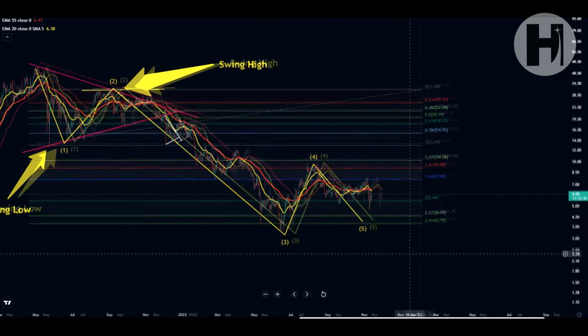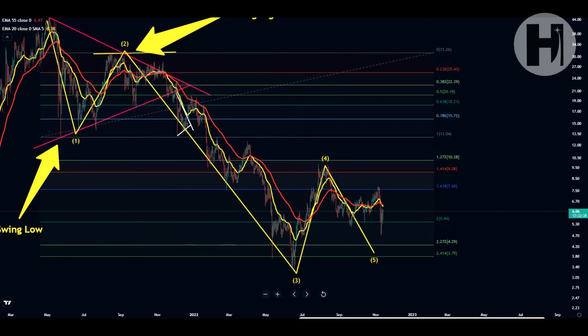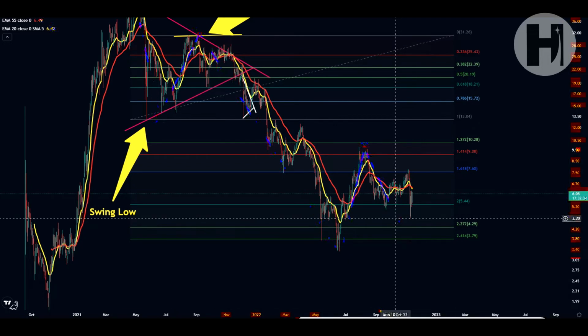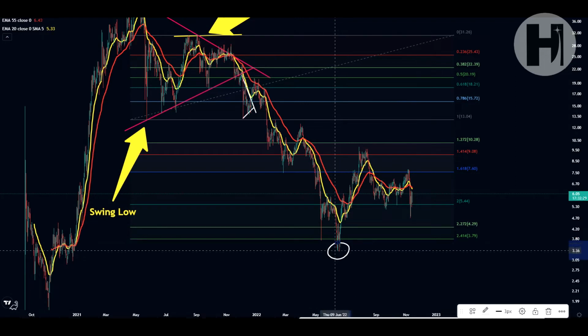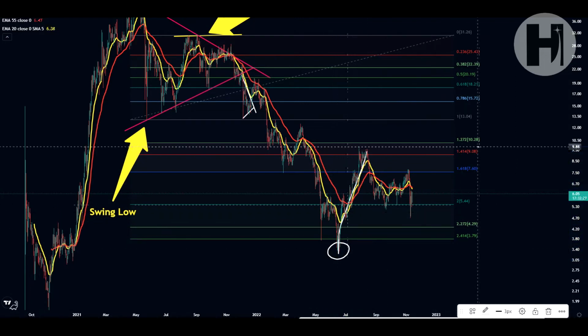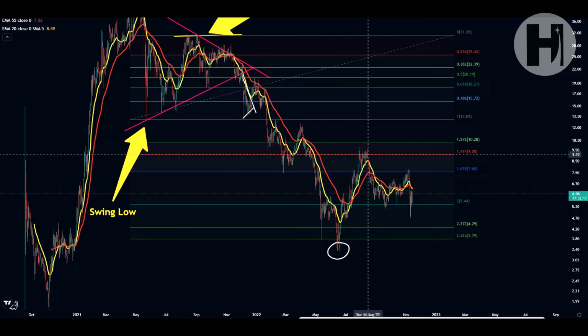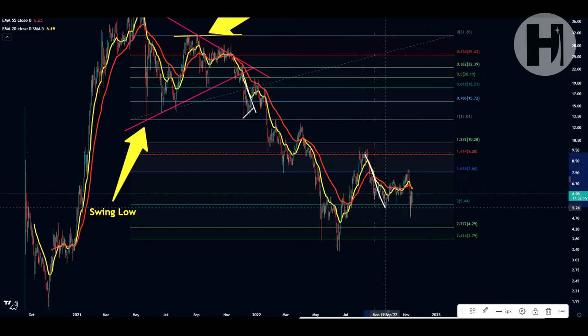Now let's start zooming in to the Fibonacci retracement. One thing you can see, actually, I'm going to remove the Elliott wave structure for now. One thing you can see that happened after we printed the low here in June is that we ran all the way into the 1.414 at $9. So that was a great level for you to take profits at if you had the Fibonacci retracement and you watched my previous videos on Uni. From there, we saw a retracement down to the second fib level at $5.44.